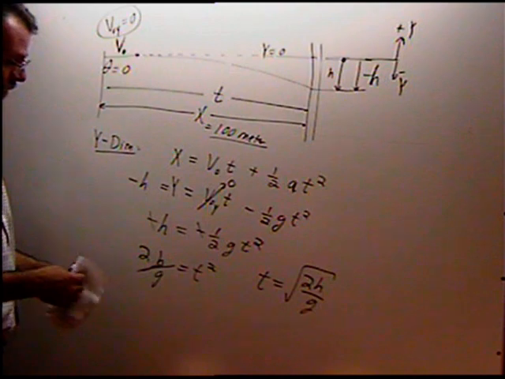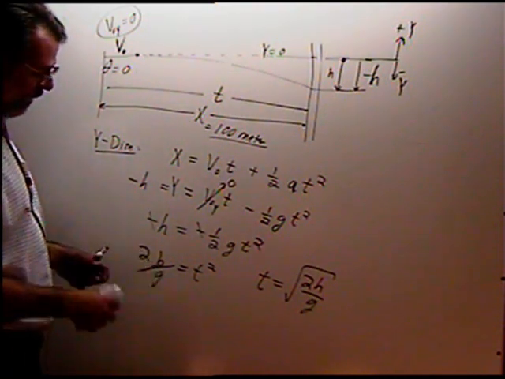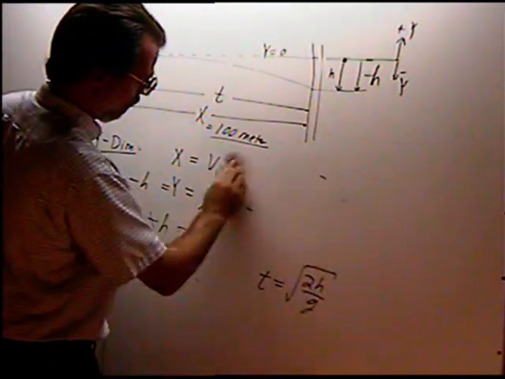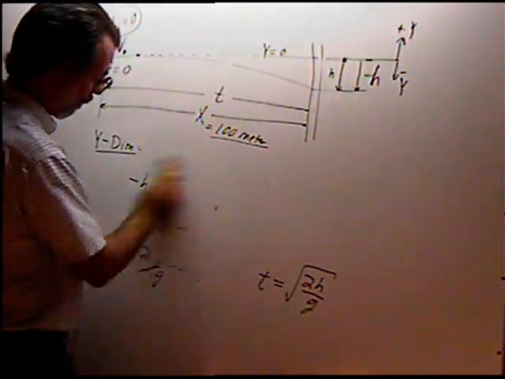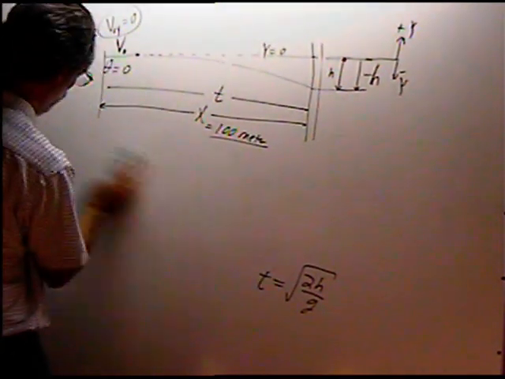Okay. So we can solve for the time, and that's what the time is, the time of travel. Well, now how will that help us? Well, that will help us because